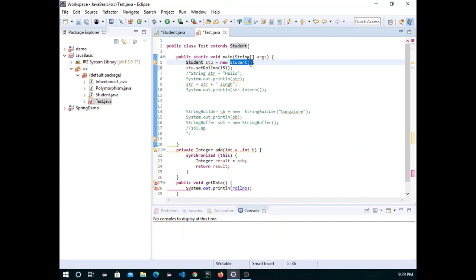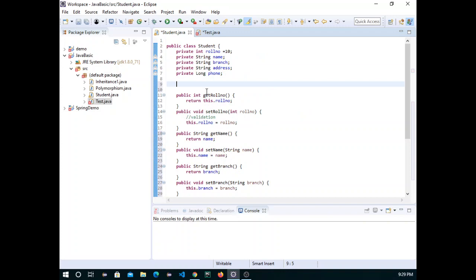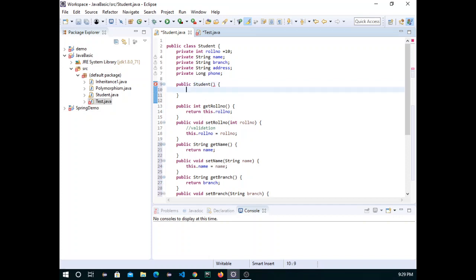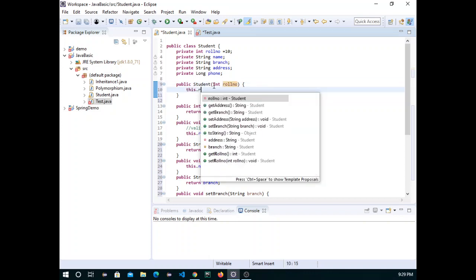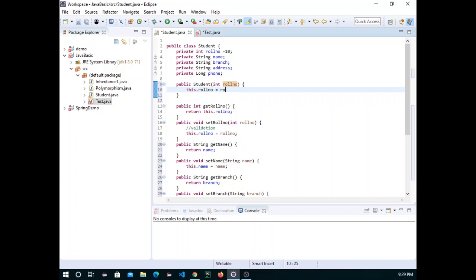Default constructor means there is no parameter. So let's provide one parameterized constructor, then we'll see. Yeah, so we have provided one parameterized constructor.